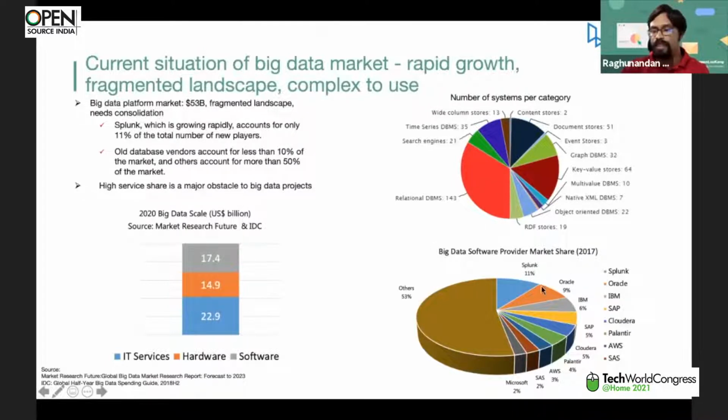The other big players, the traditional database vendors, control only up to 10%. And 50% of the market share is with other small players who are coming up or who have very different kinds of solutions. Also, if you look at the data on the amount of money spent,